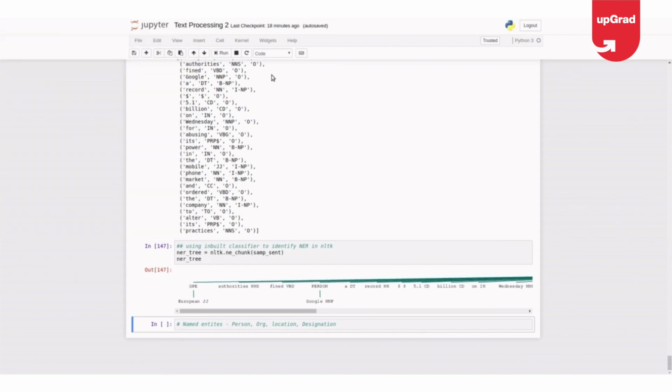In my opinion, there's a library called spaCy which we have discussed in the start. So the spaCy library performs better with respect to NERs compared to NLTK according to my opinion. So why not cover it now? Okay, so let us use the spaCy library to find the NERs now.